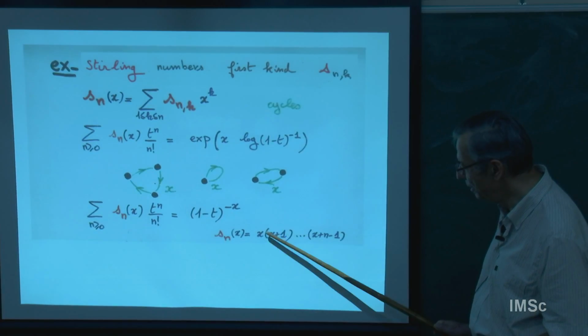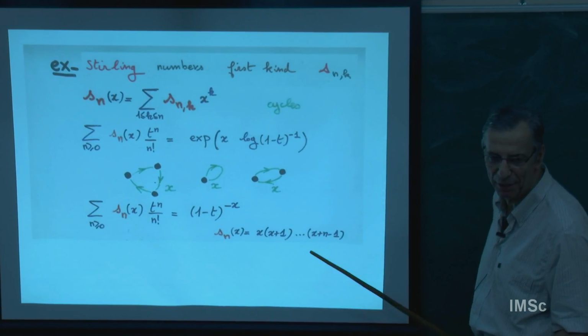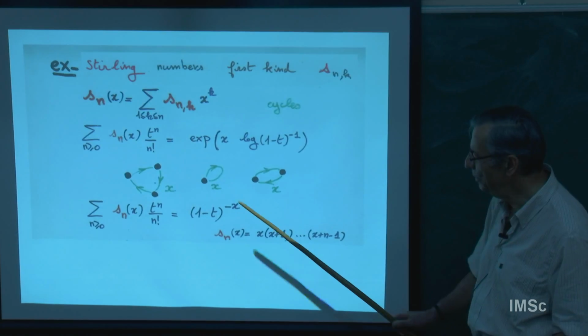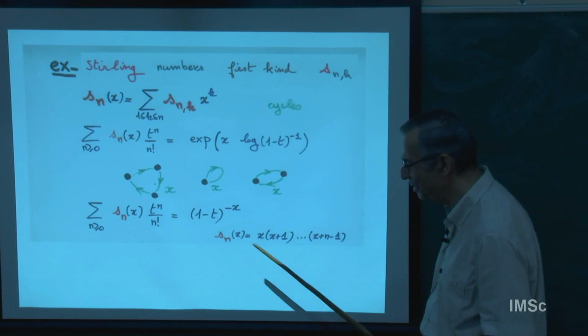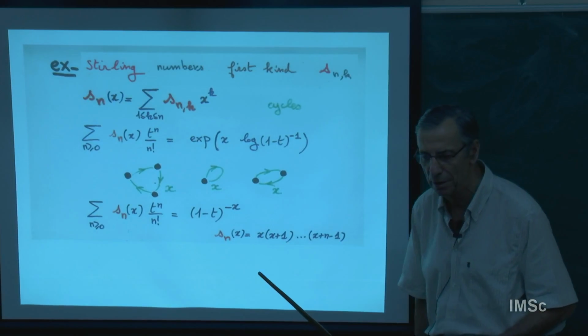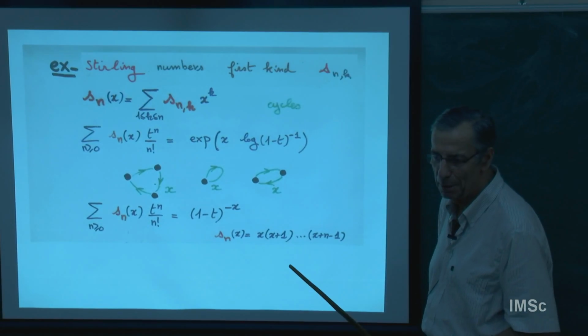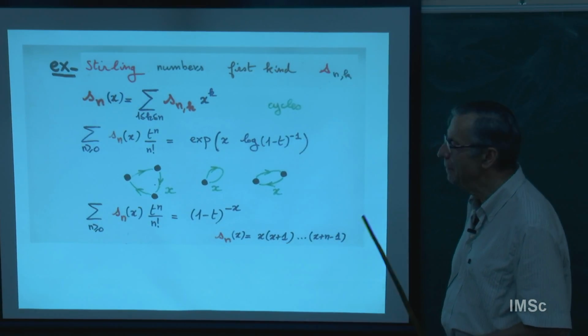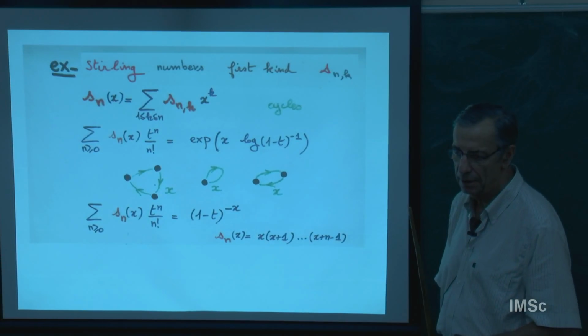So you see, if you put x equal 1, then you get back n factorial. But I am counting n factorial, or permutation, according to number of cycles, and we will see in the next chapter, next week, that it's counting also left to right minimum elements. That is a very classical distribution on permutation. You will see some other interpretation of this distribution of Stirling number, the small s, Stirling number of the first kind.